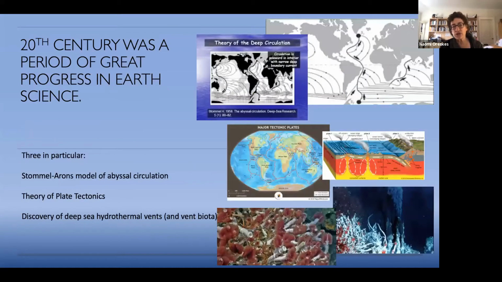The 20th century in earth science was a period of great progress. And 15 years ago, when I was trying to decide what my big book, my full professor book, was going to be, I thought, well, I'm really lucky because geology and earth science is this incredibly interesting field that has had really major advancements in the 20th century, and almost nothing had been written on any of it. So the field was super wide open. And so I started talking to people, including quite a few famous scientists. I had a really lovely lunch one time with Frank Press at Woods Hole and various other scientists, just asking them,